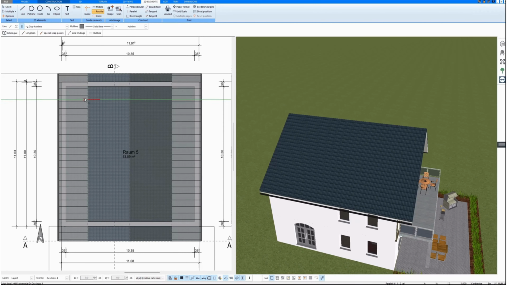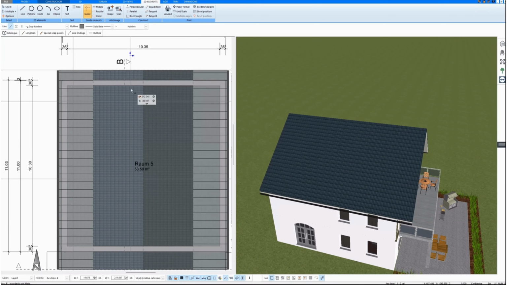Then I draw another guide from this guide. It should be 500 centimeters away, also down again and parallel. And now I have two guides here, in the middle of the roof, and I now draw a vertical guideline from bottom to top. I'll draw them freely, but I could also measure them in the same way. And now I have drawn a square here with guidelines, and in this square, I now want to draw my